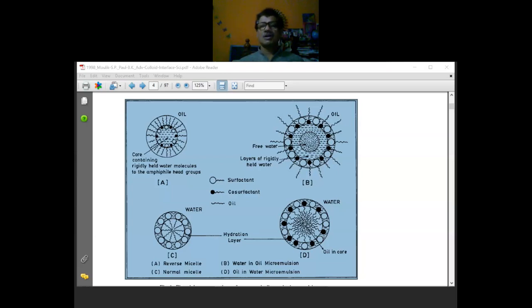Now I mentioned earlier that if the size of the emulsions are of few micron to few hundred nanometer or 1000 nanometer, they are called macro emulsions. If the dimensions are of say few hundred nanometer, I call it micro emulsion. And if the sizes are in the range of nanometer, say less than 50 nanometer, I will call it nano emulsion. So they are all emulsion.